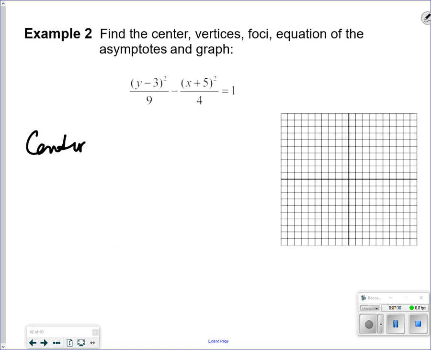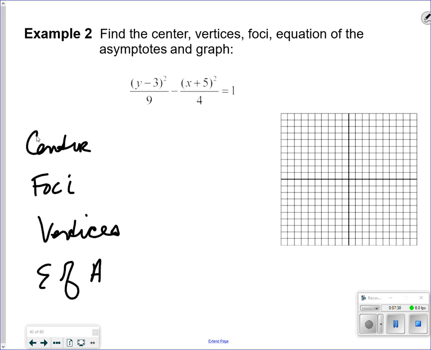Center, foci, vertices. I probably did this out of order. And equation of asymptotes. Center, be careful. The x value is -5 and the y value is 3. So it matters which parenthesis you're looking at. The x parenthesis is a +5 and the y parenthesis is a -3, and it's the opposite of what's in there. So the center of this